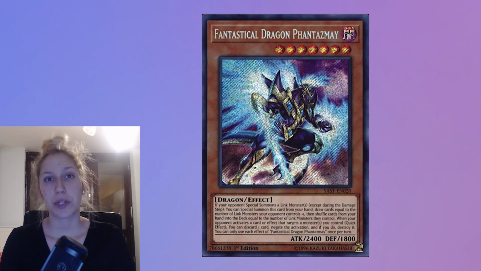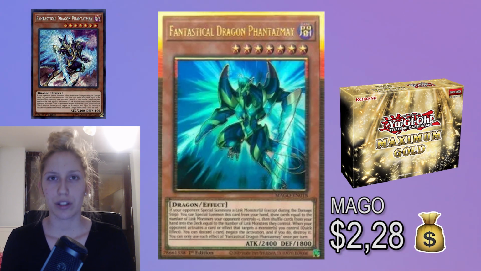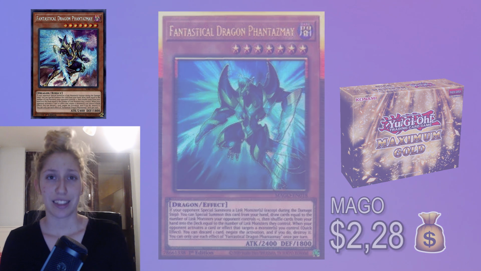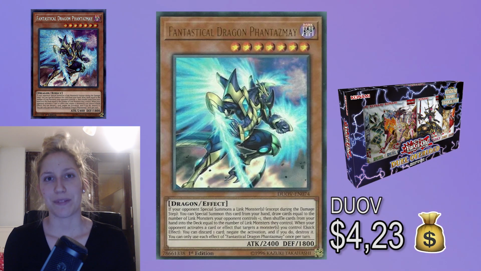Then the next card is going to be Phantasme. So Phantasme is about $2 for the gold alternate art. That's not exactly that pretty, but it's only about $1 more if you want to invest in the old art ultra. And Phantasme is a very, very strong card, I think,